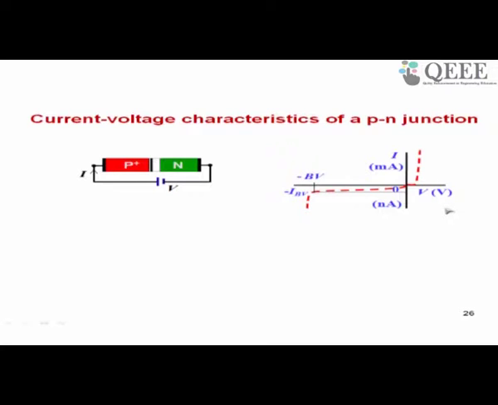Now let us look at the same curve on some other scales. This is how the curve looks if my negative y-axis is also made in milliampere scale. Then you do not really see the reverse current at all, because reverse current is of the order of nanoamperes, as you can see from the first graph. So if I choose the axis to be in milliampere scale, I cannot show nanoamperes. So the reverse current will coincide with the zero of the vertical axis almost.